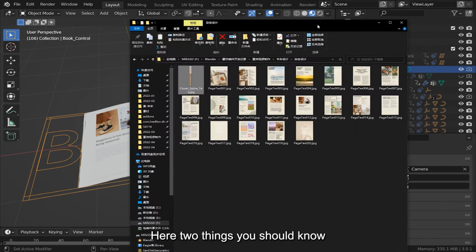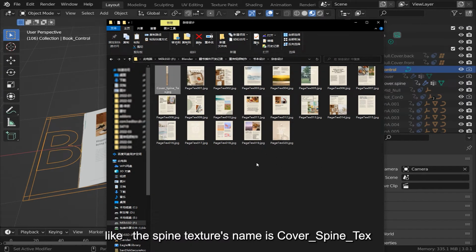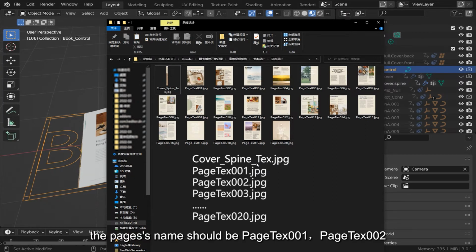Here are two things you should know. One is the textures should be named according to the rules. For example, the spine texture's name is cover_spine_text. The pages' names should be page text 001, page text 002, page text 003, until page text 020. Second,